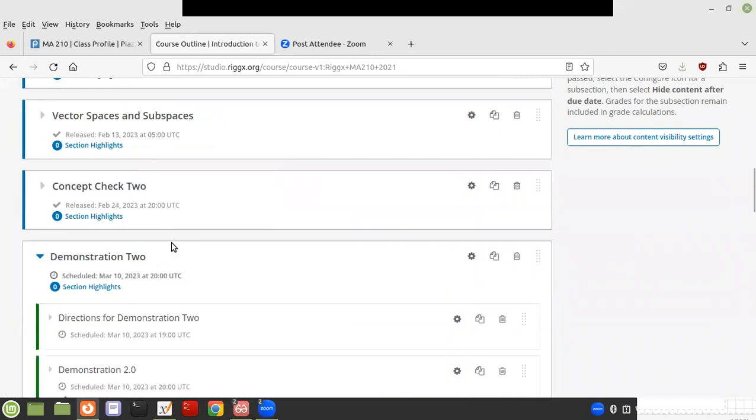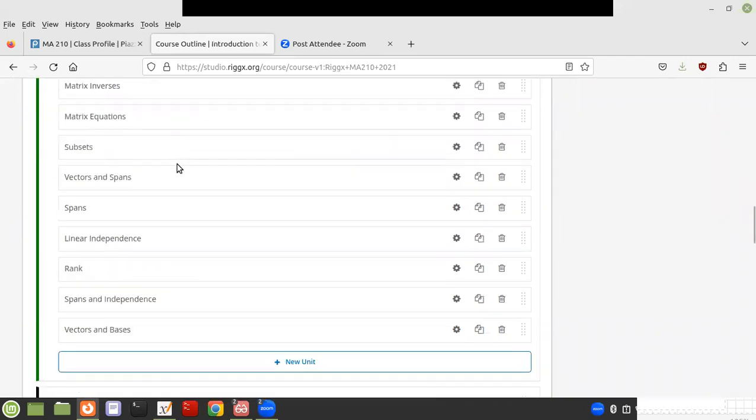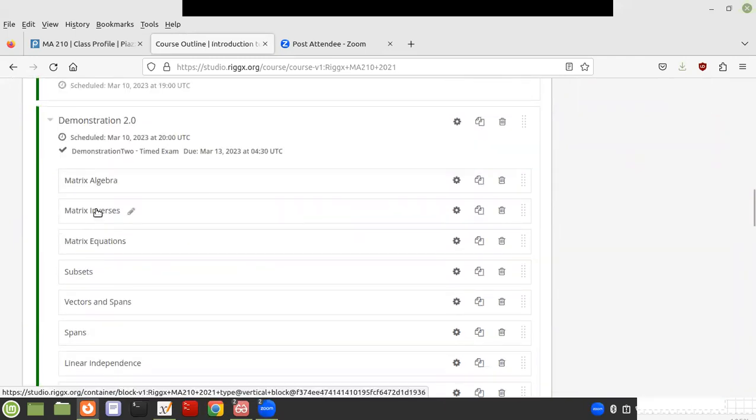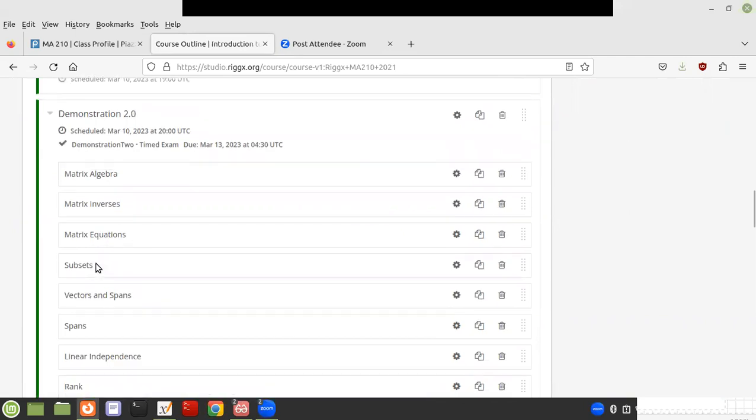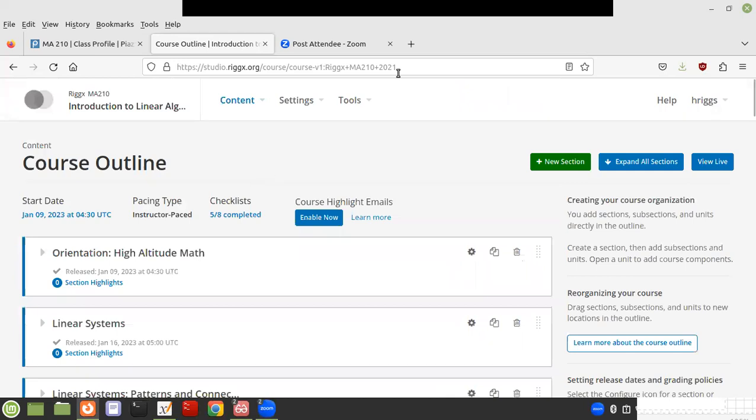So here is demonstration 2. Okay, matrix algebra, right? Matrix inverses, matrix equations, subsets, vectors and spans, linear independence, rank and independence, vectors and bases. So it has a question on rank, vectors and bases. This is like the kind of problem we just did. So it covers, I think that for a demonstration, it would be